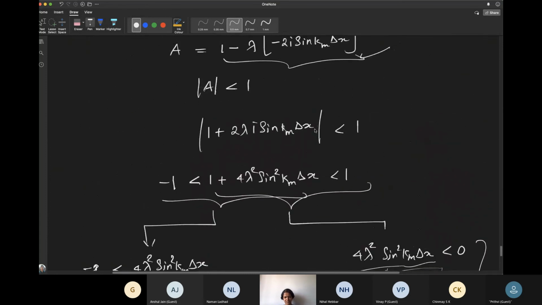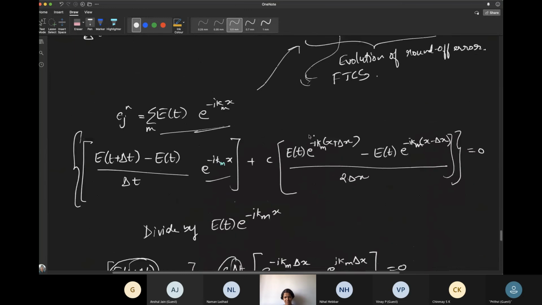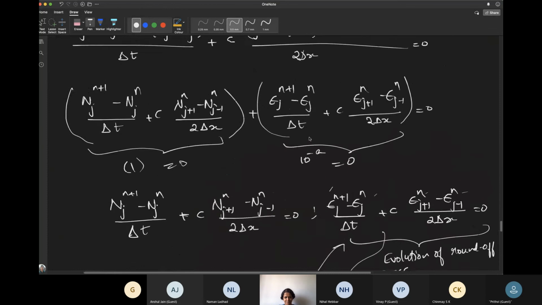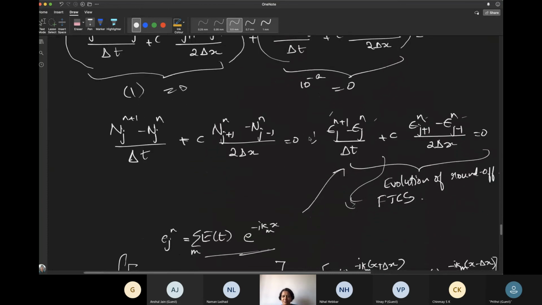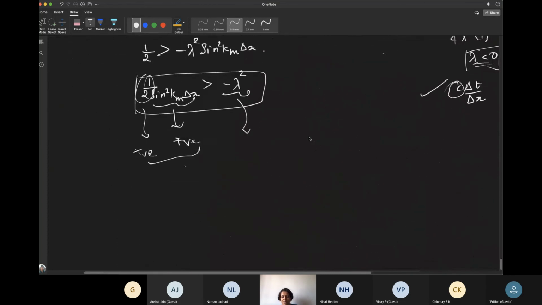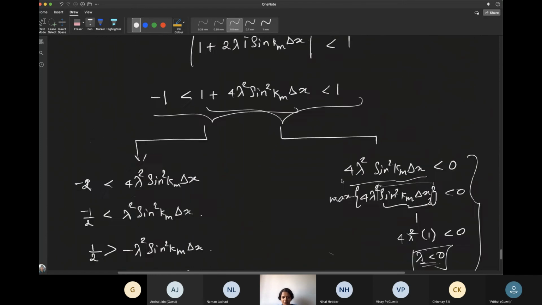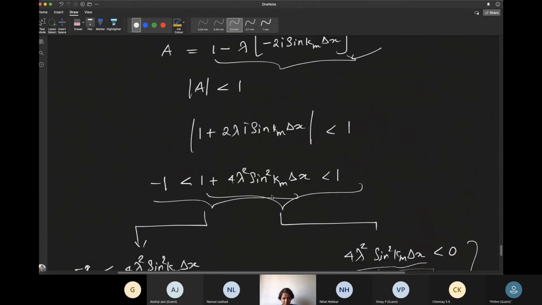Did we miss some sign somewhere? So you should get something like both of the conditions will not be possible for FTCS, but